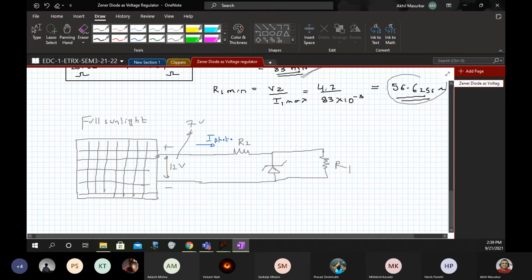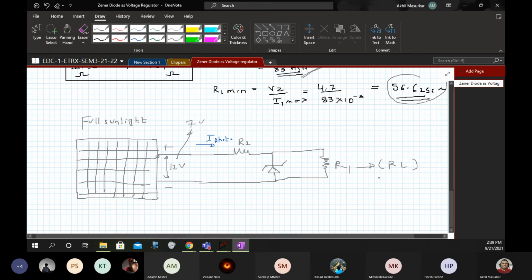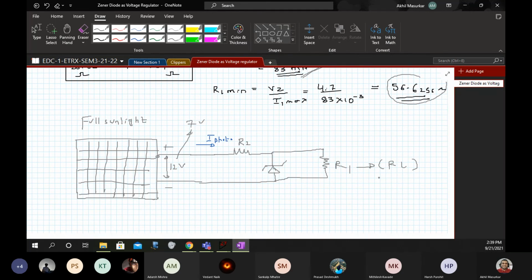You can connect a motor if you want to run a solar based pump, then this RL will be a motor, but this will not be a resistive load, it will be an RL load. It will have a coil. So you have already done circuits in BEE wherein coils are in series, coils are in parallel, and things like that. So this is how the actual application of the Zener is.